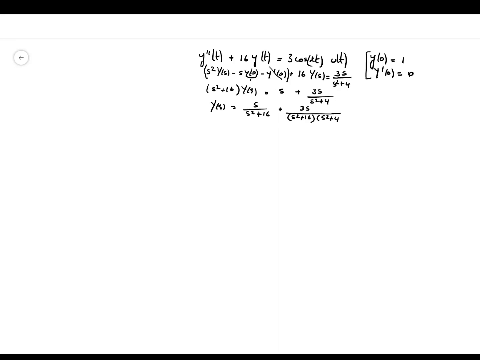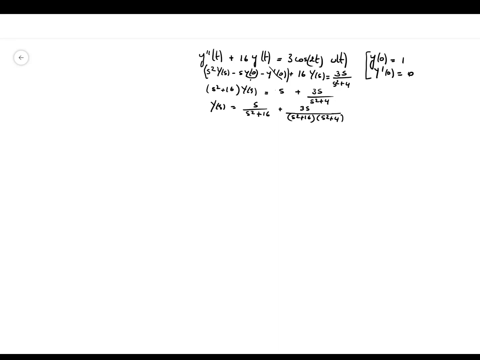Some of you will want to put this under the same denominator. My question is then, why would you do that? You'll obtain a rational fraction which will be much more difficult to decompose, so I would leave it as is